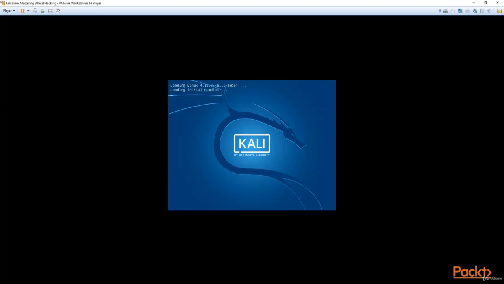All right, so once it's done, it's going to start up, and this is the Grub bootloader, and it's going to start Kali Linux up. Once it restarts, there we are. And the system is starting up now. So just give it a few seconds to load everything up, and it should give us the login screen where I'll give you the instructions as to what to use for the username and the password that you set,